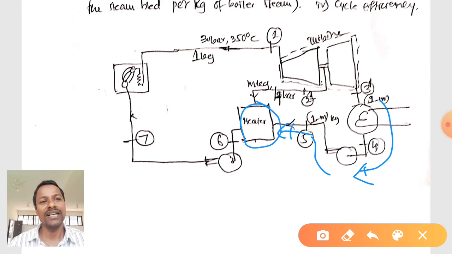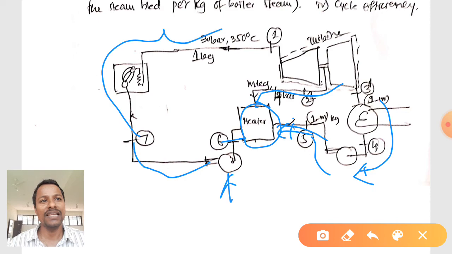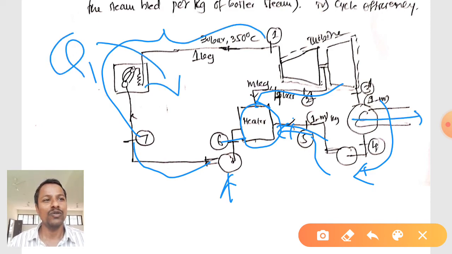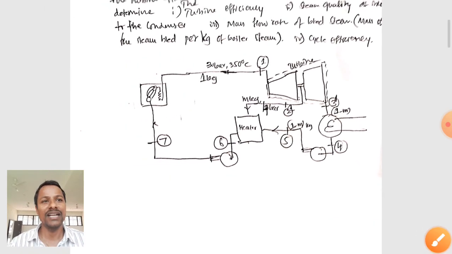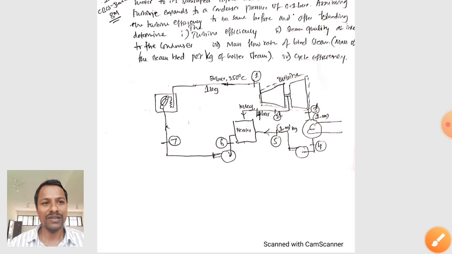The same 1 minus m kg comes into the open feed heater. This is the open feed heater, wherein the bled steam and this condensate mix with each other and come out at state 6. Here we have the pump. 6 to 7 is the pumping process. 7 to 1 is again the boiler heating, that is Q1 is added here and Q2 is rejected. So, this is the theory, and we represented the given data from the problem statement.